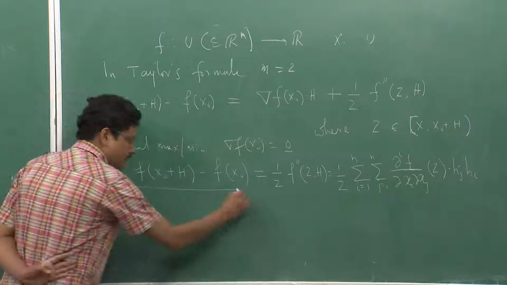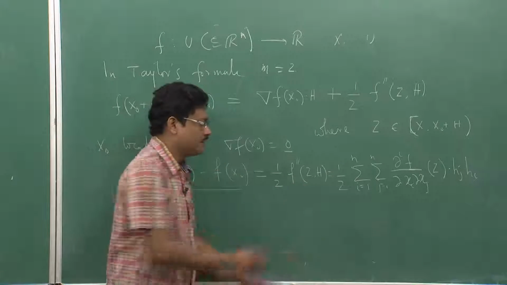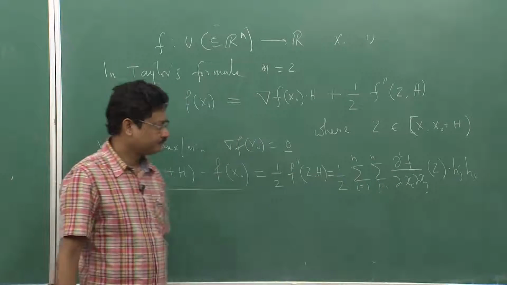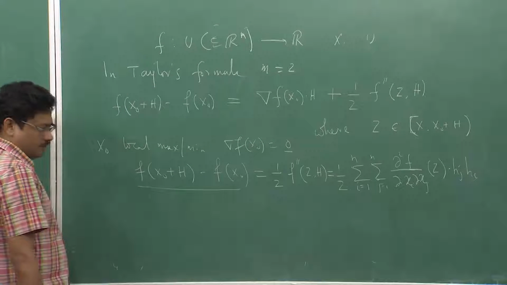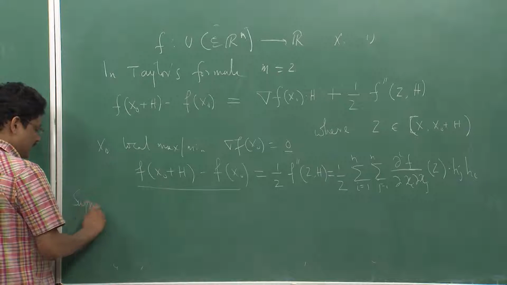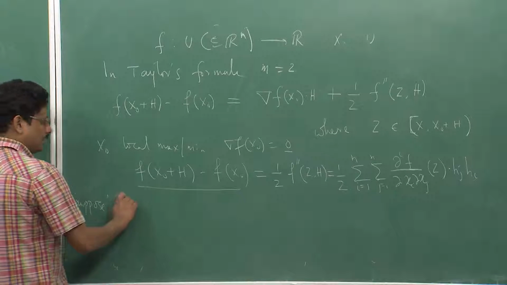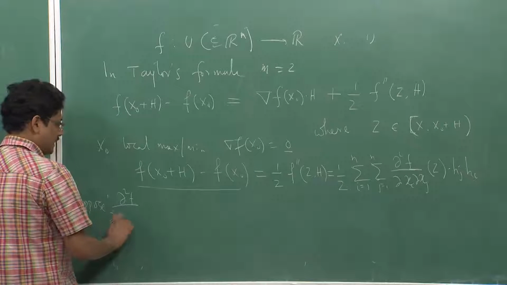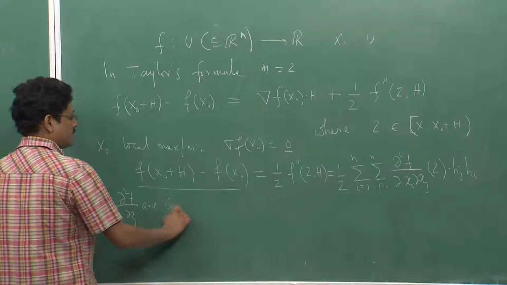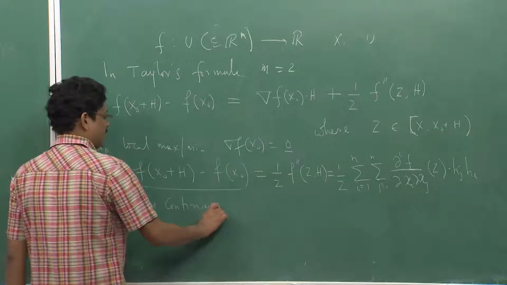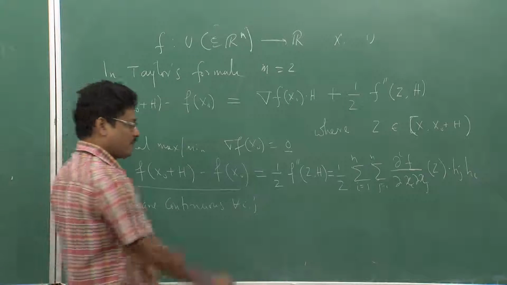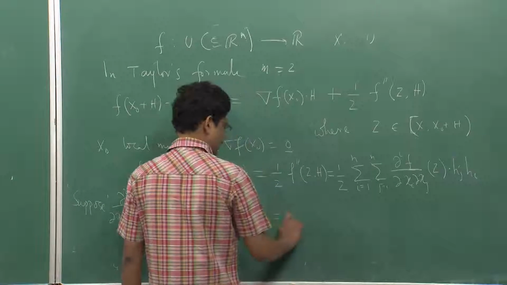So, the sign of this will depend on the sign of this quantity here. Now, suppose del square f by del xi del xj are continuous for all i, j. Then what I do is, I write it as half of